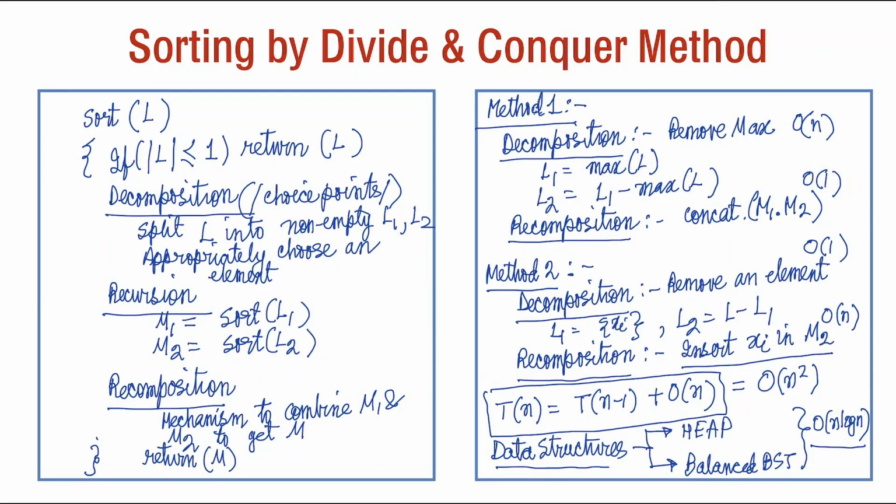Now we come to a method where we will split this proportionally. And when we split it proportionally, we will apply two such approaches to our algorithm, and these two approaches will form two of the very well-known algorithms that we know. In one case, the decomposition will be straightforward and the recomposition will be complicated, which is like method 2, and the second one will be like method 1.